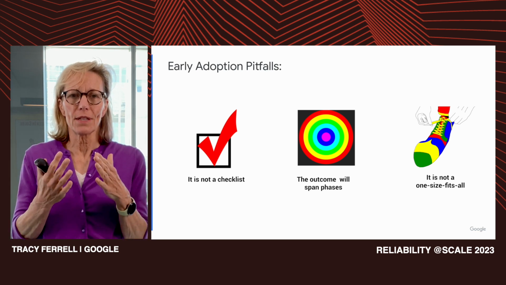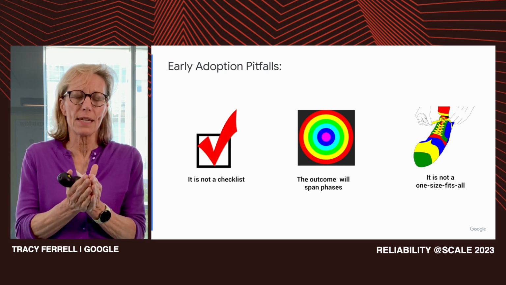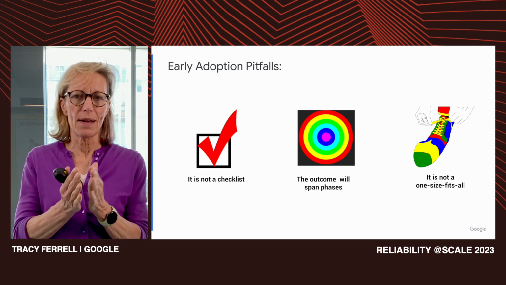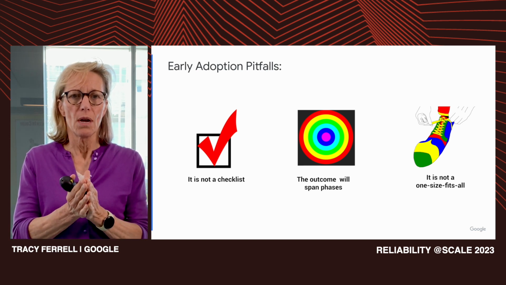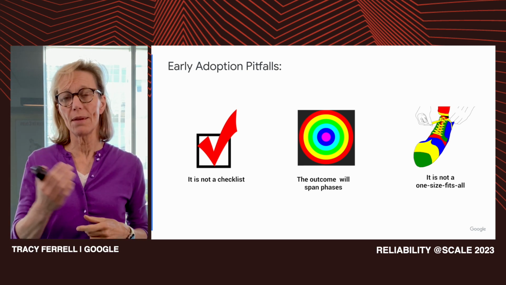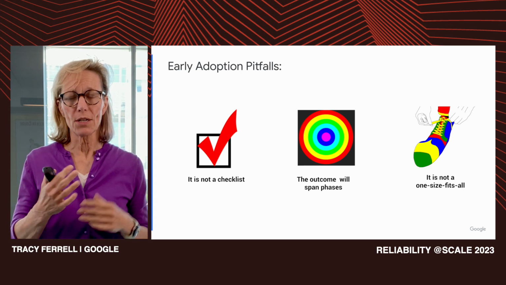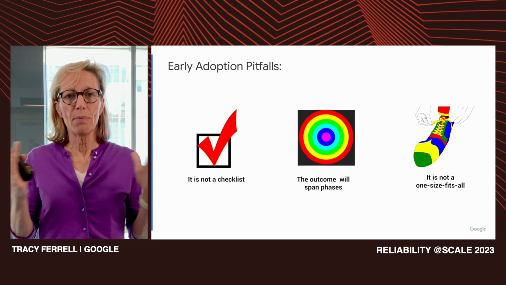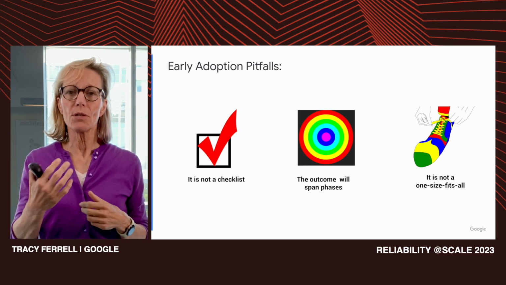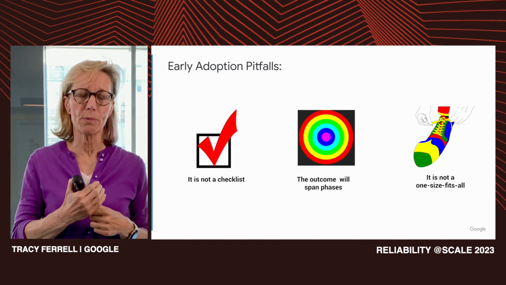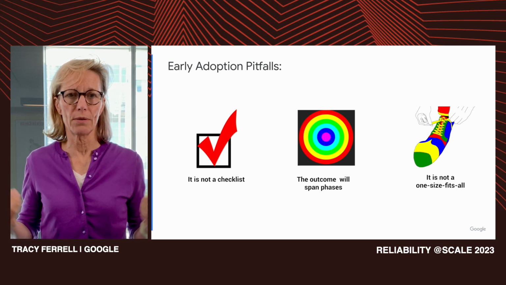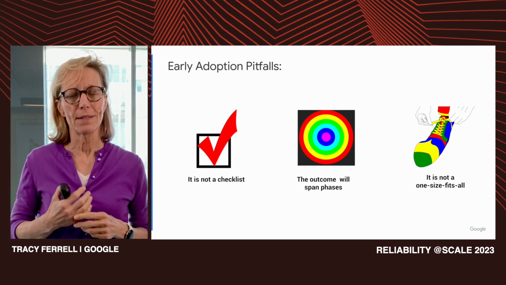Secondly, organizations thought that they would land in one phase of the model, all in, say, reactive or all in proactive. But that's actually not how it works. Typically, an organization will have some attributes that are reactive, maybe the majority of them in proactive, and then maybe even one in strategic. So an organization should look across all of these attributes and combine them for an overall perspective of where they actually are on the continuum. But to improve, you can address individual attributes separately, but it is really a holistic view about where you are across the continuum. And third, one size does not fit all.